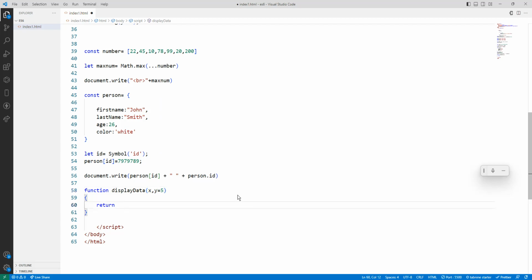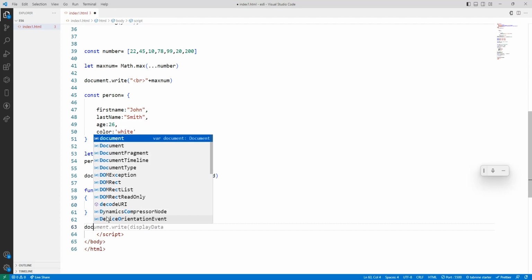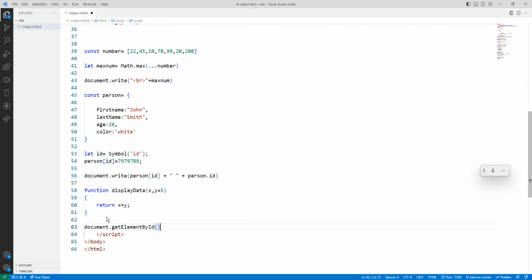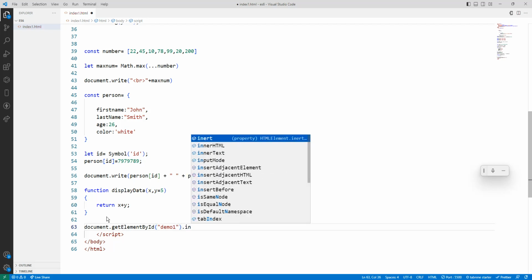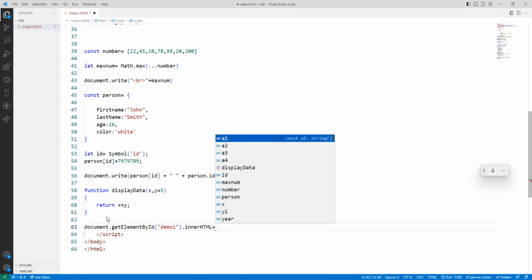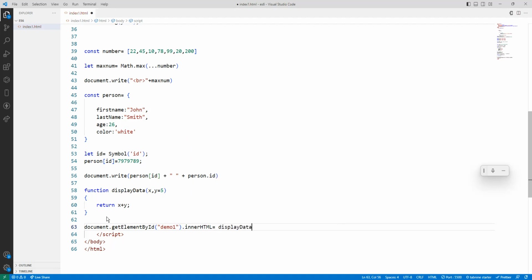Return x plus y. Then document.getElementById of demo1, dot innerHTML equals displayData of